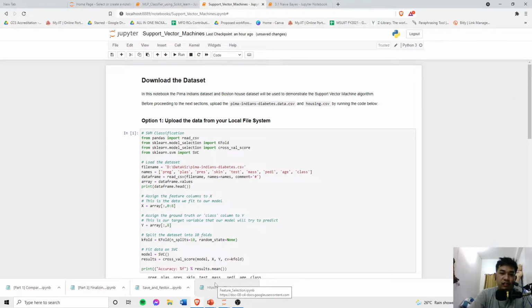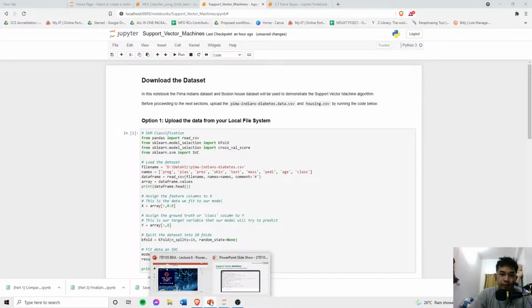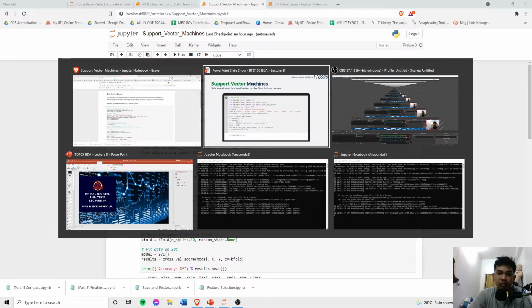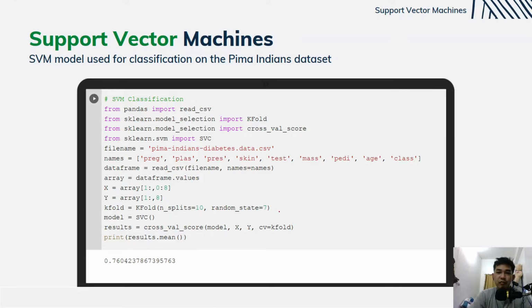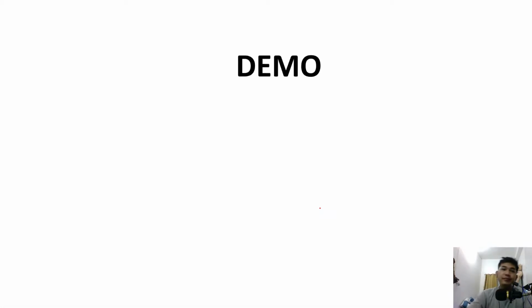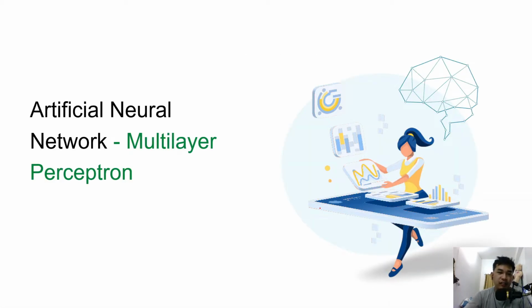Okay, so that's, I think, it for SVM. So at least we already know and understand the concept behind SVM. Okay, so our next algorithm will be artificial neural network multi-layer perceptron, or MLP,